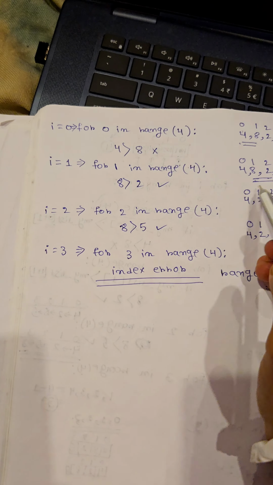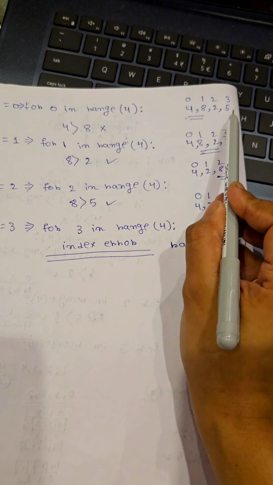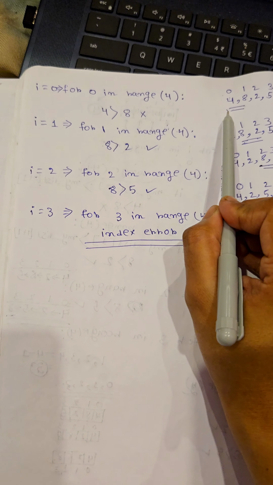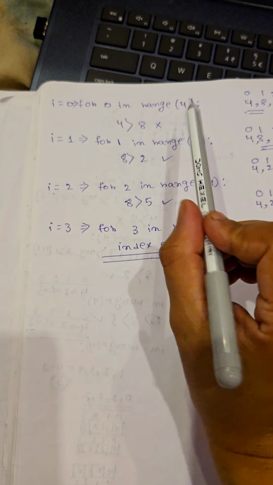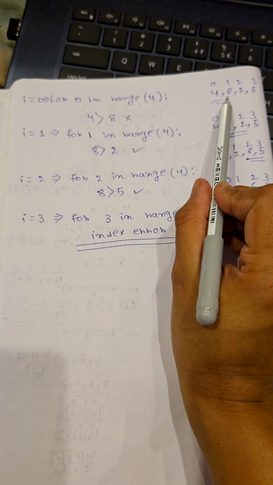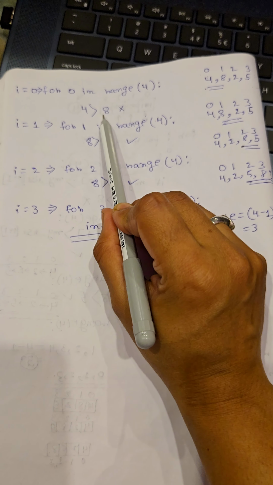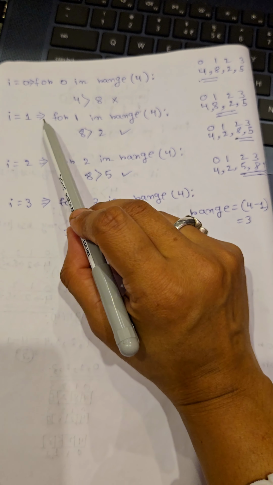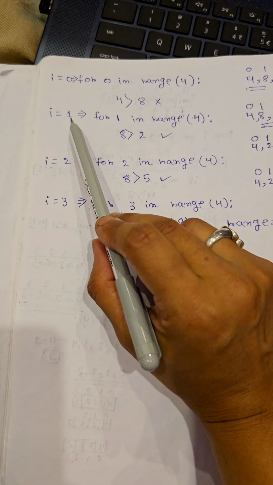The picture representation of the list is 4, 8, 2, 5, and these are the indexes, that is 0, 1, 2, 3. So first it will start from 0, i equal to 0, and the range is 4. So the loop will run and it will check whether 4 is greater than 8, no, so 4 is not greater than 8. So the loop will continue,